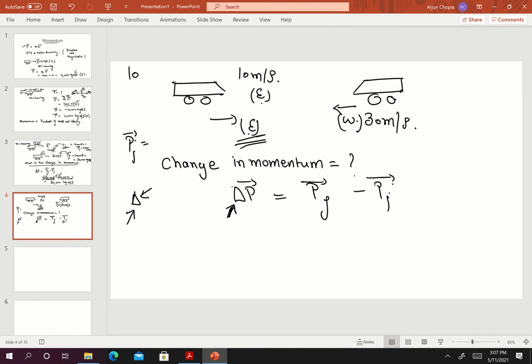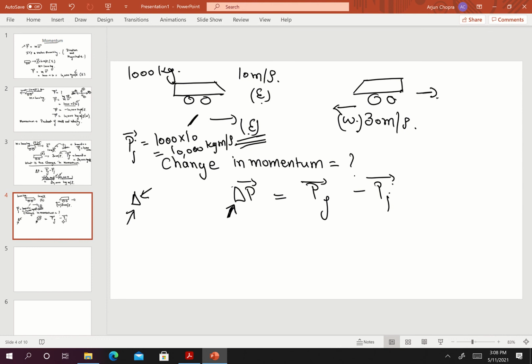Again, the mass of the car is 1000 kgs. So it will be 1000 times 10, which is 10,000 kg meters per second, and P final is equal to,